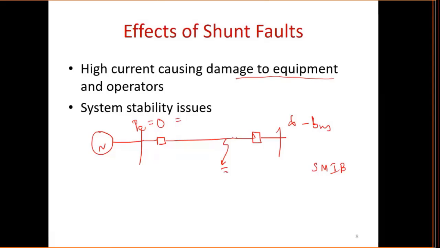Because we know that the electrical power is V1 V2 by X sine delta, right? Okay. Let us say here the voltage is V1, here it is voltage V2. So one of the voltages becomes 0 as soon as the fault is there, right? So if we see the swing curve,